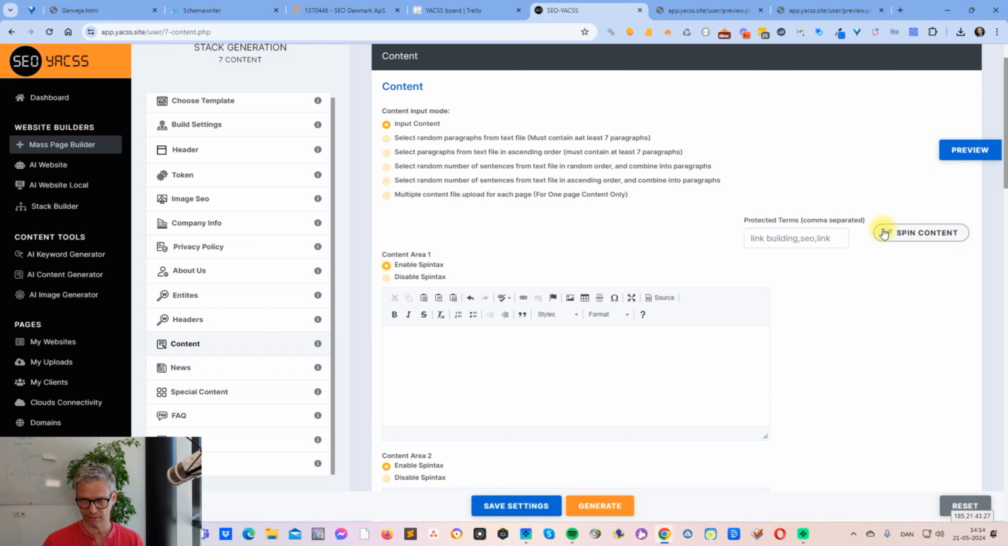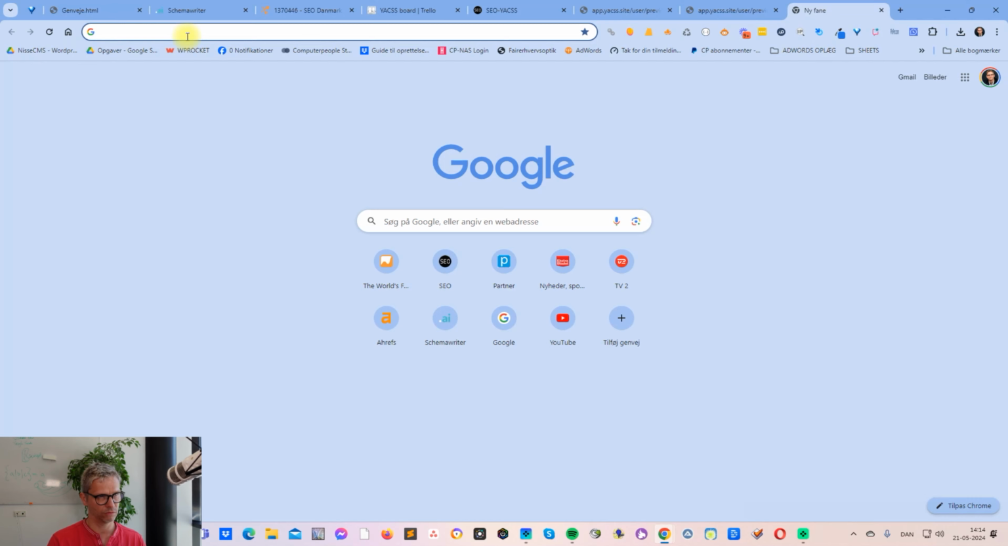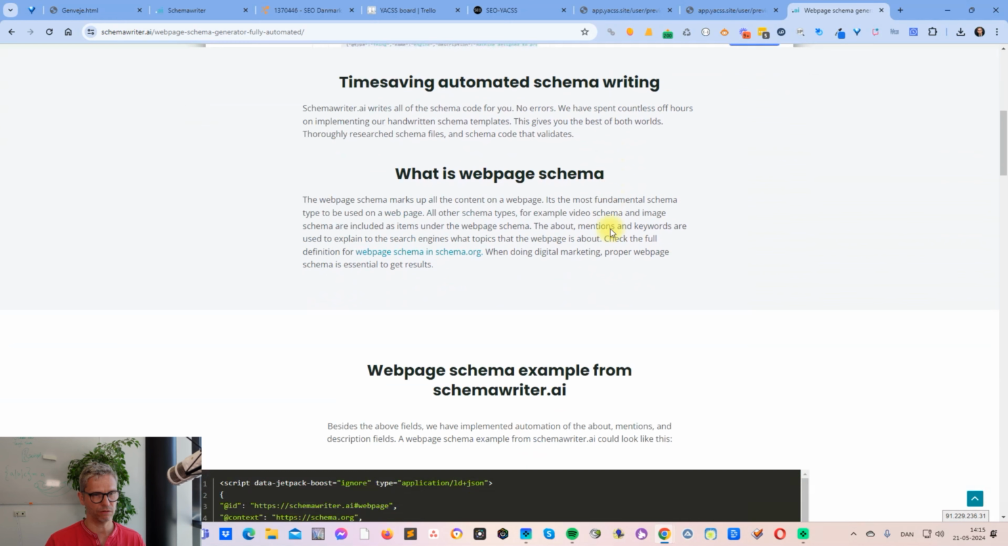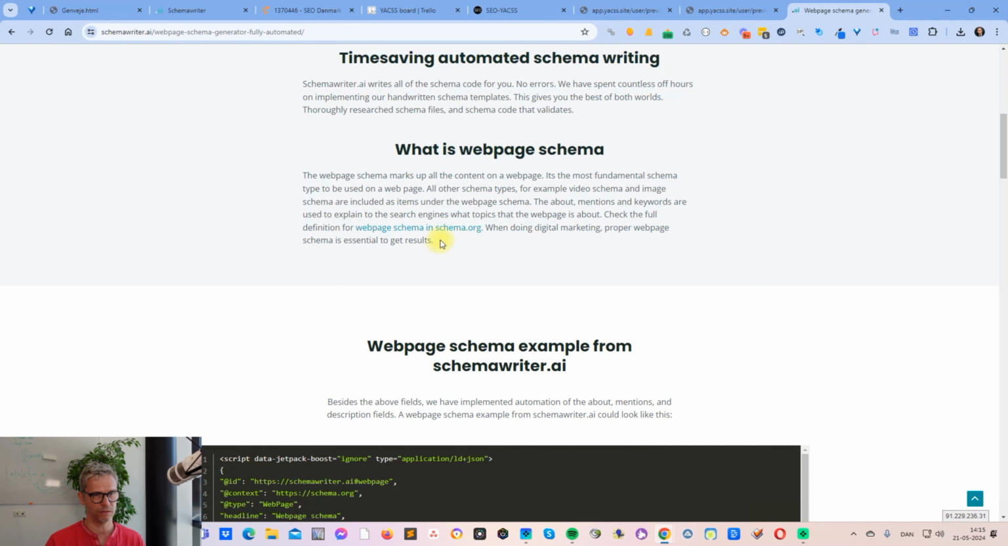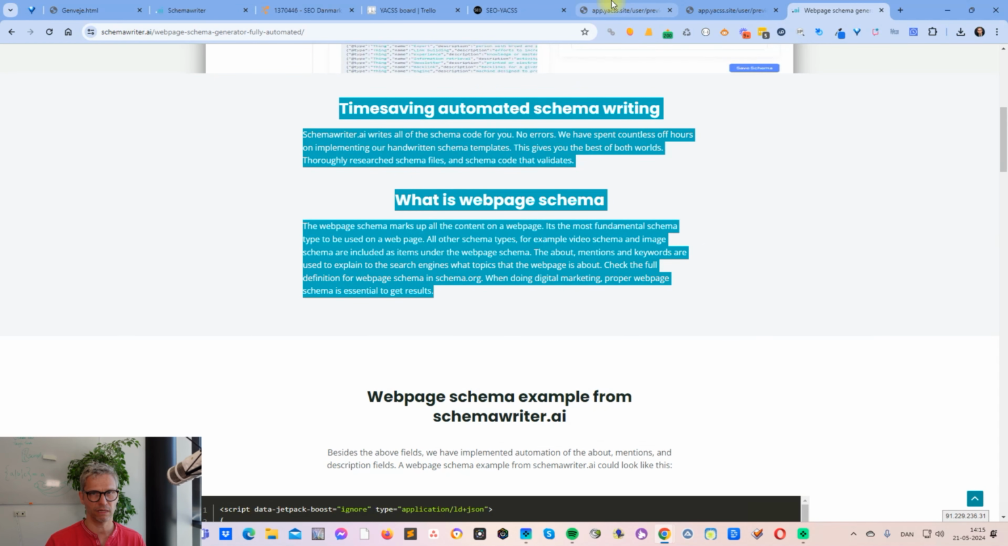So you might notice that there's this big button up here, Spin Content, and Spin Content is not directly related to the enable or disable Spintax. But I did talk about this in the previous update video, but let me actually show what this means. Let me grab some information from the Schema Writer website. Schema Writer. Let's see here, web page schema generator. What is web page schema? Let me just copy this and